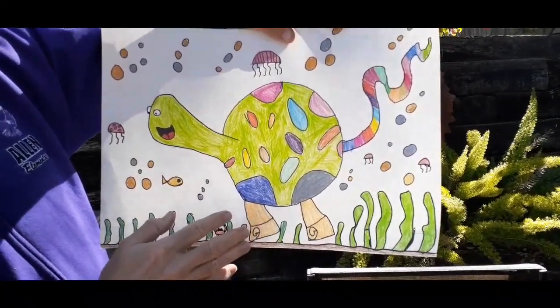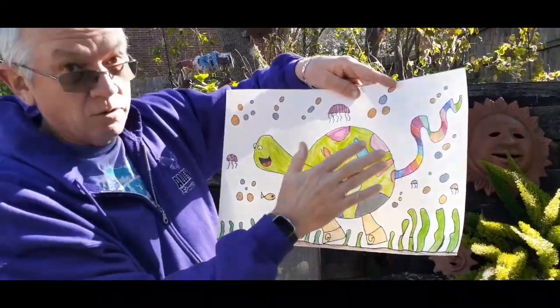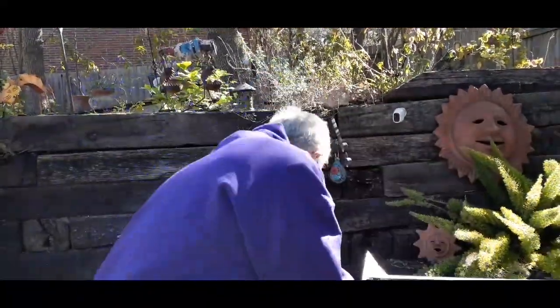Now, if I was talking to this student, I'd say, oh, you still need to color the background. That's the white paper all around. And I could show you how to do that really quick. And then this one,